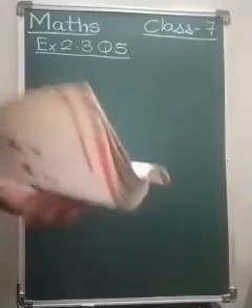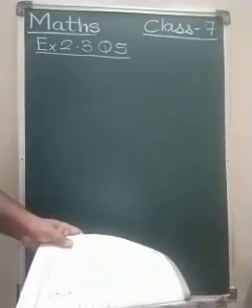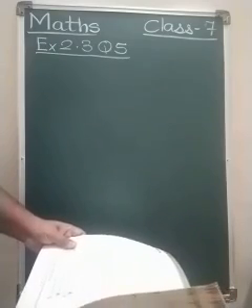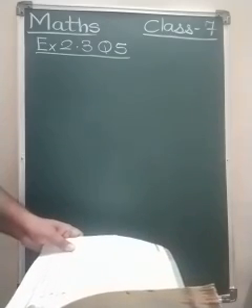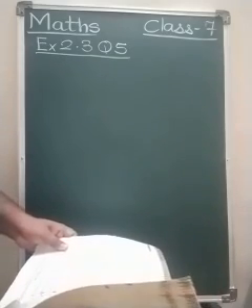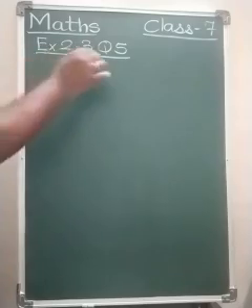It is a word problem. First read what is the word problem. Okay, let us see. Saili plants 4 saplings in a row in her garden. The distance between 2 adjacent saplings is 3 upon 4 meters. Find the distance between the first and the last sapling. Okay. So question number 5.